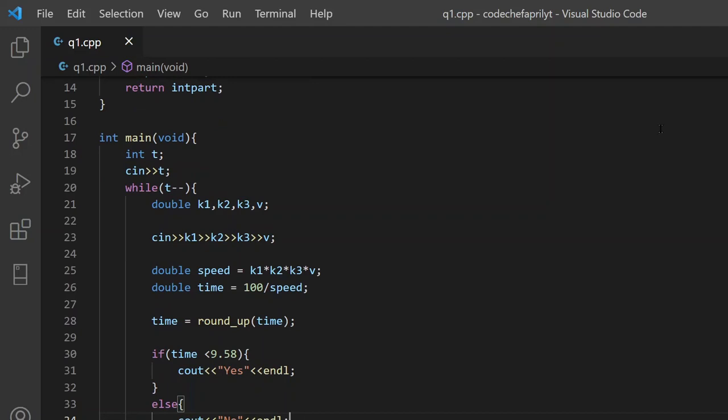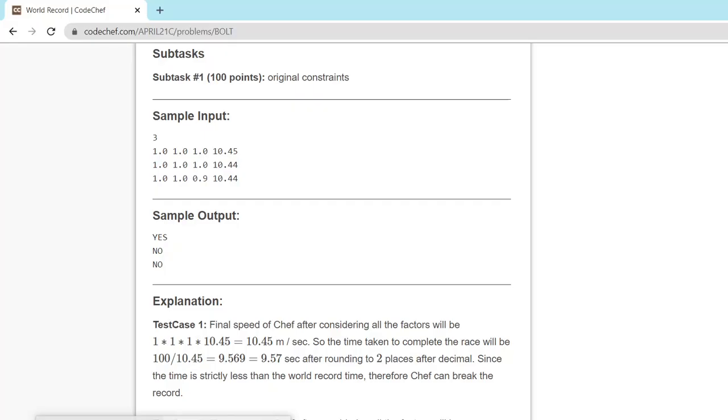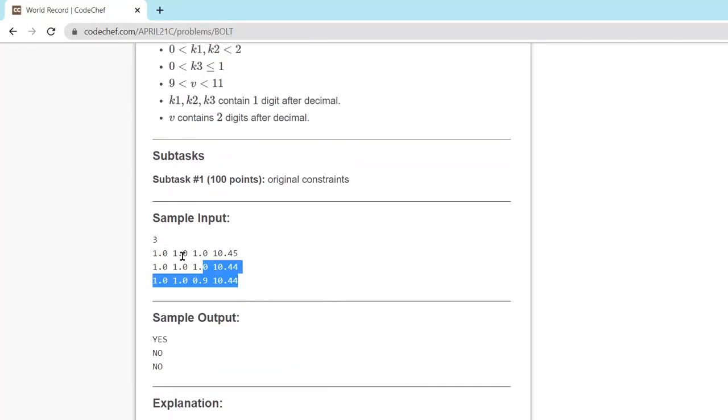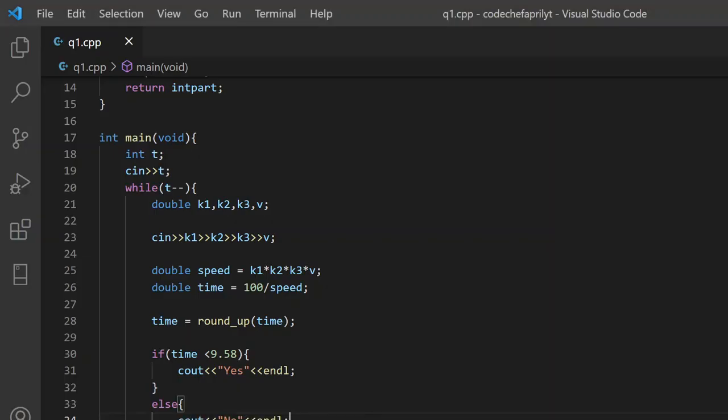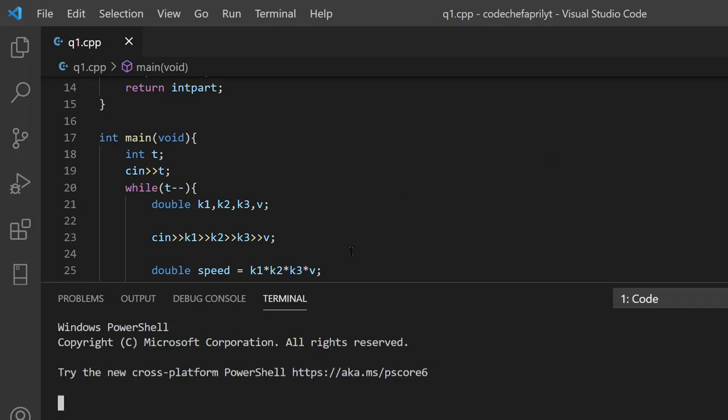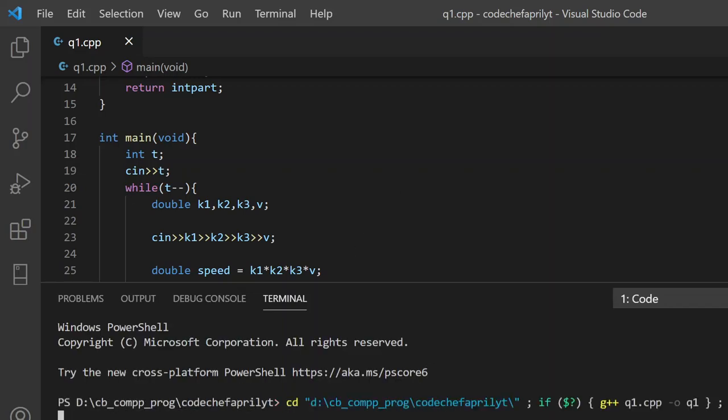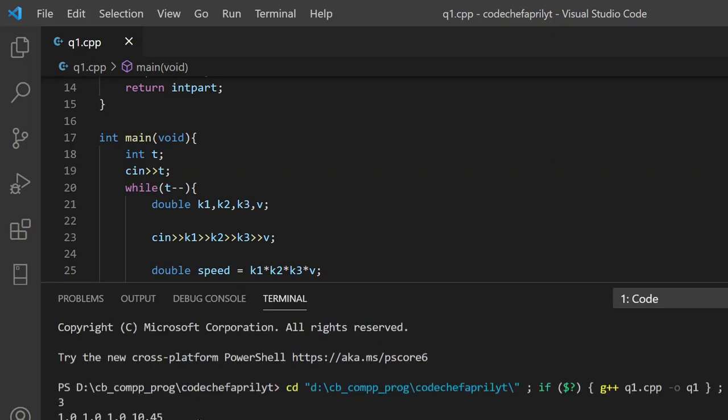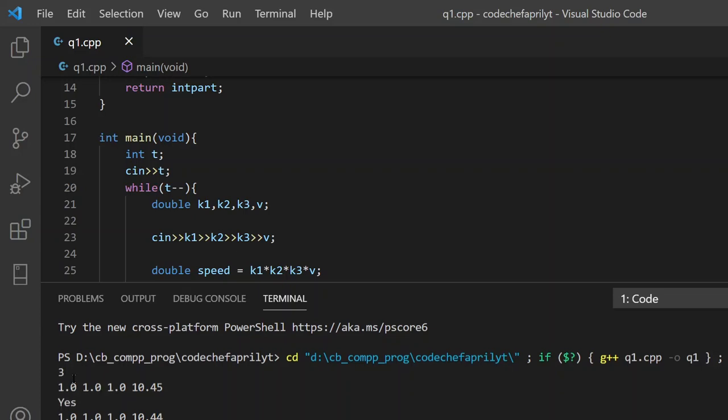Let's run this code. First copy the sample input here and run the code. So for the first case it is yes, no, and then it